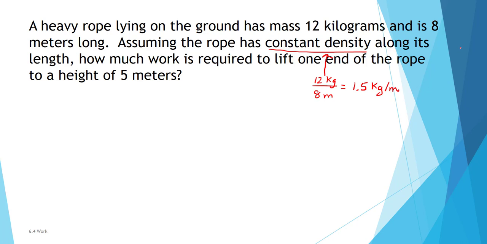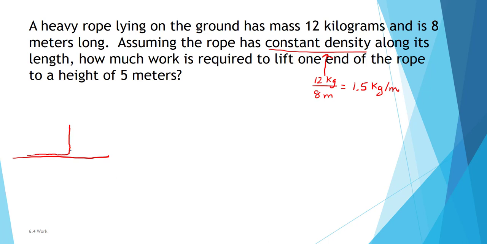Now my overall plan for problems like this is, imagine I have this rope. Okay, this is the ground. Right? And I have this rope. Most of it's lying on the ground, and then I'm picking up one end that's going straight up in the air. Now, the part of the rope that hasn't left the ground really doesn't matter for this problem. The part that I'm focusing on is the part that I have lifted into the air.